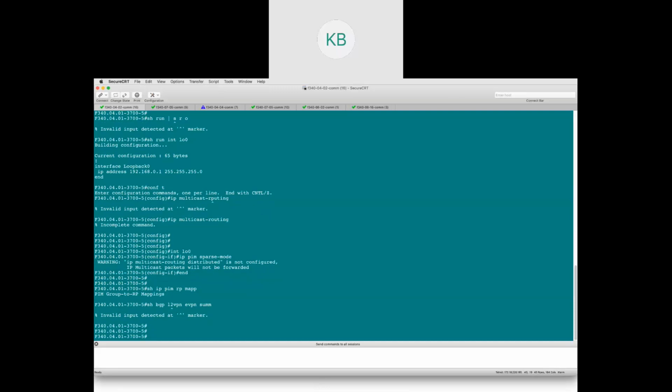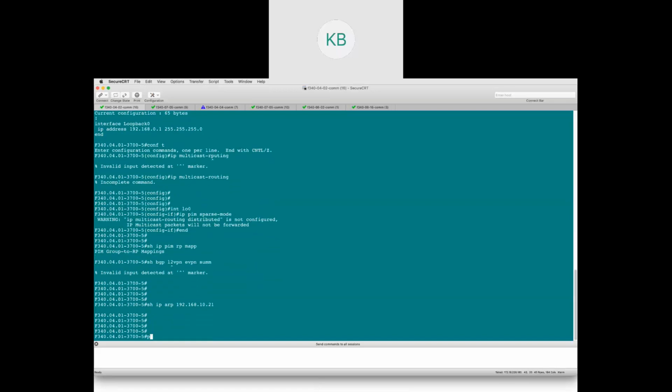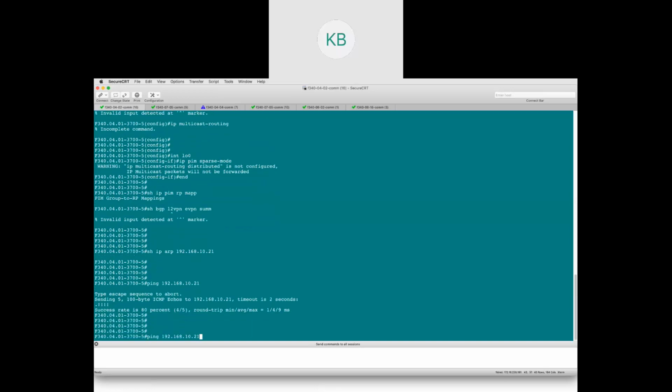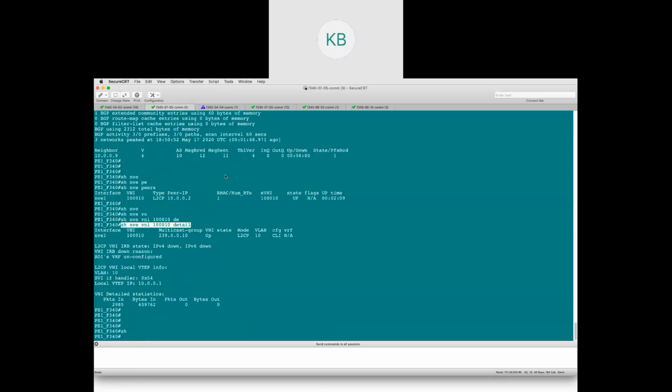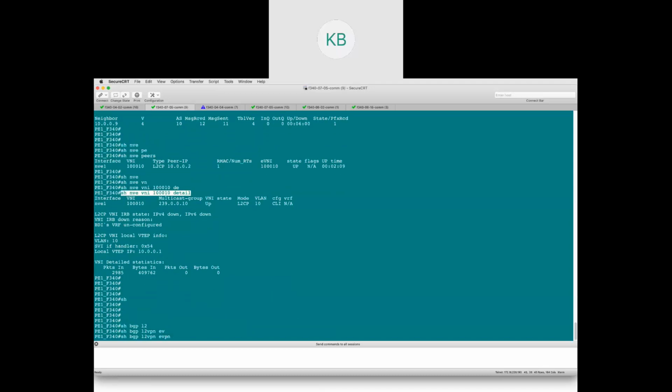So if I go to this client here, show IP ARP 192.168.10.21, there is nothing. Let me try to ping now 192.168.10.21, and it is working. If I do a show IP ARP, this is the MAC address of my interface, which is for 10.21. If we go here and do a show BGP L2VPN EVPN,